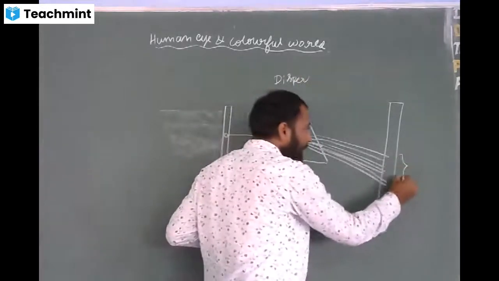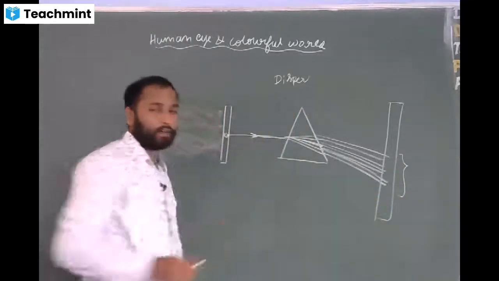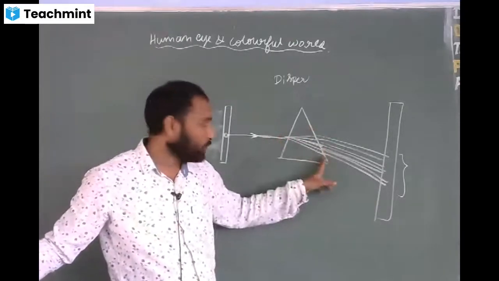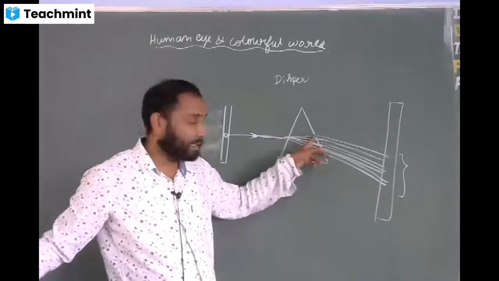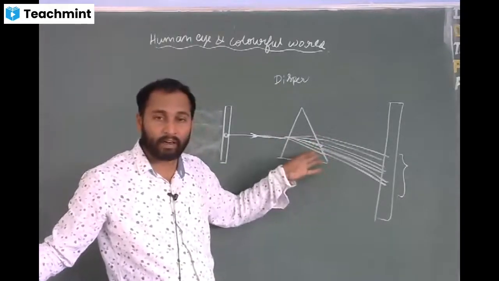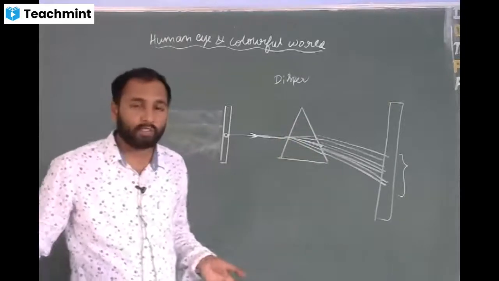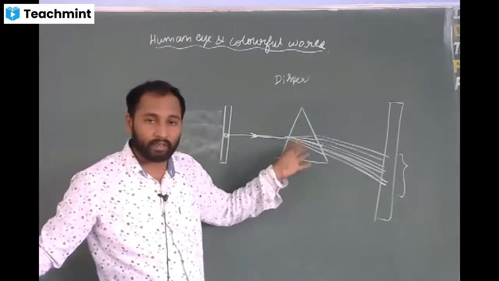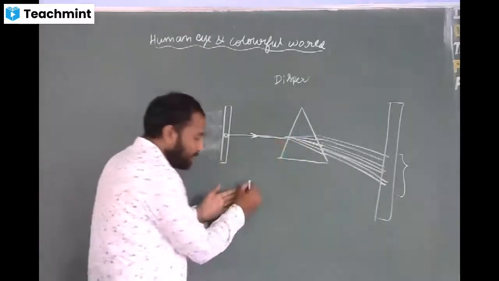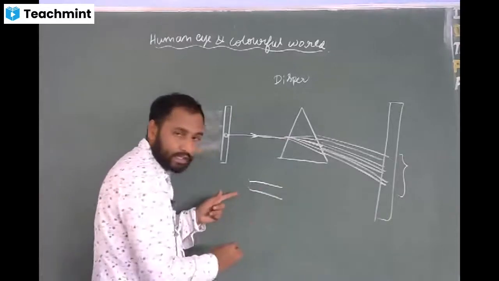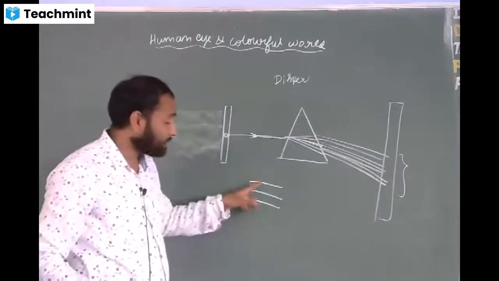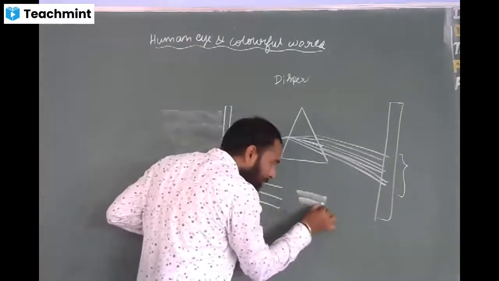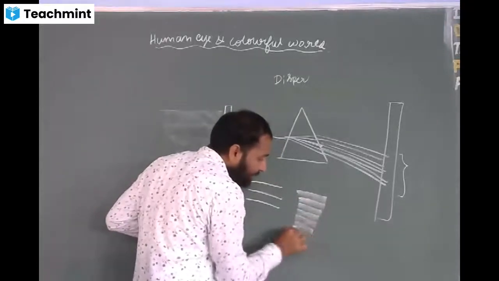So why do we see this band of colors? This is the incident beam of light. This incident beam of light splits this white light into 7 colors. What is the reason for these 7 colors? Are these 7 colors seen separately, or do they overlap each other? We don't see these 7 colors separately, but still we see each individual color. It is not like you see one color, then the next, then the next. You will not see colors separately. It is like this: this is one color, on top of that we have overlapping. Like this there will be 7 colors.